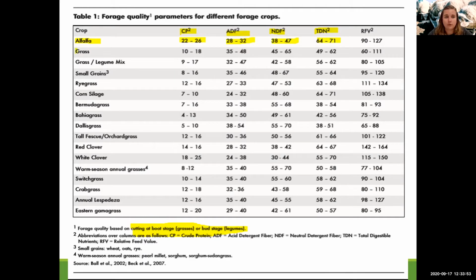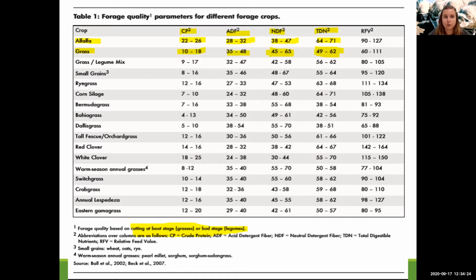So the same goes for grass hay. We have a bit of a larger range here, 10 to 18%. Our acid detergent fiber and our neutral detergent fiber, 20% difference. That's pretty large, and that's really going to impact the total digestible nutrients or the energy that's contained in that forage. So remembering that all of these were cut at the optimal time, what do we think that gap is